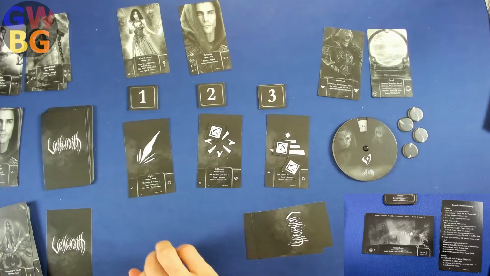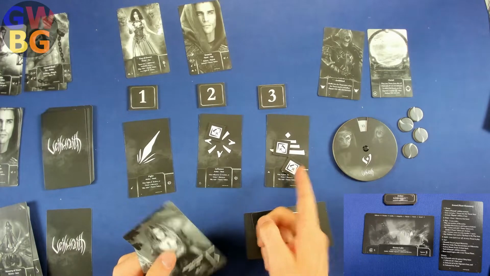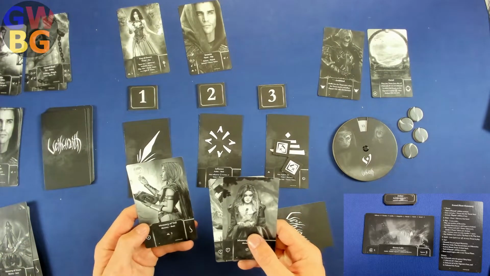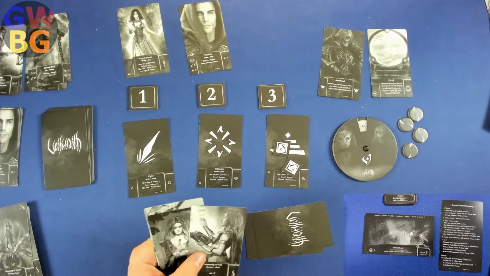Eremite. Okay, we lose a power token. I want to get that key, so I'm going to lose the power token off influence. And we draw Memory of Veil. Okay, well, I didn't need to do that. I suppose I could have known that, having not seen that card, but